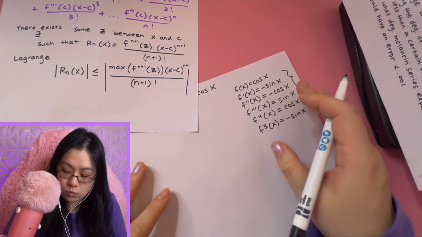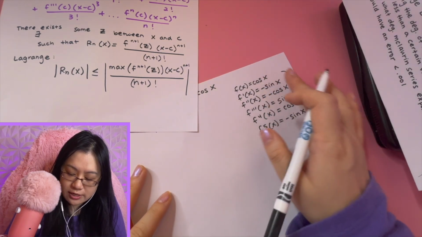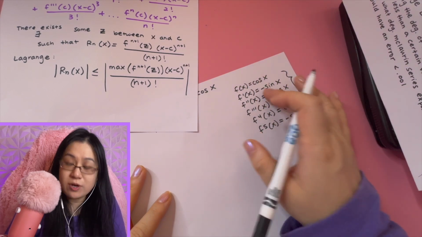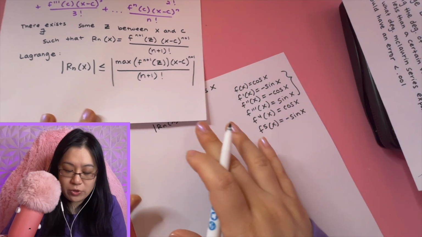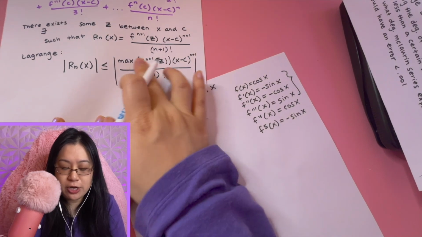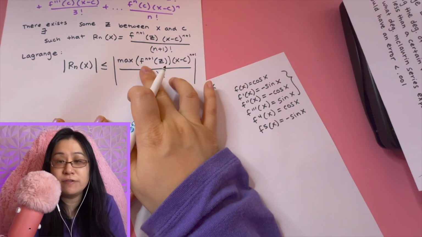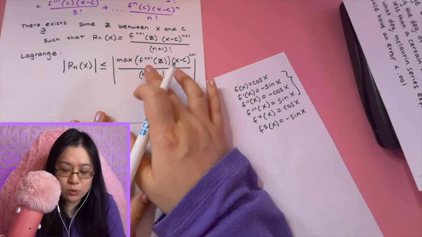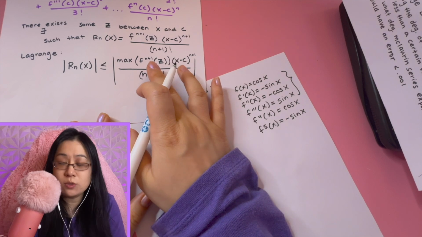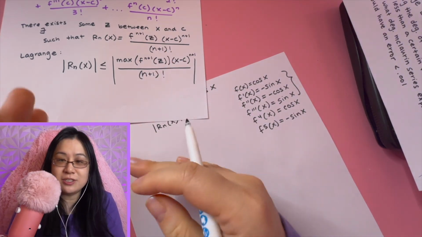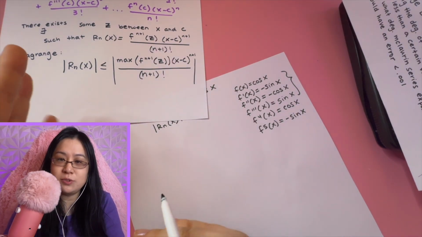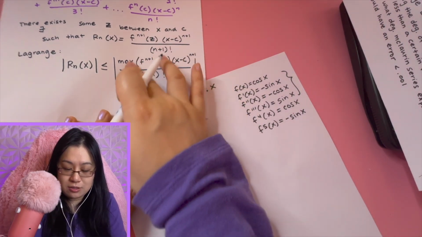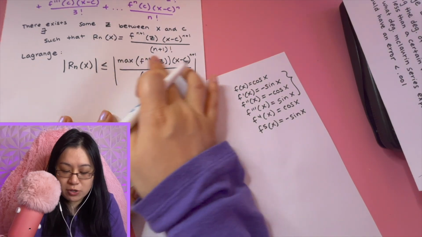But the point is that when you take the derivatives here, they're all sine and cosine, with positive 1 or negative 1 coefficients, which means that without doing any calculations here, you know that the maximum of the n plus 1 order derivative is always going to be 1. That's the cool thing about sine and cosine, is they're bounded. They oscillate between negative 1 and 1, and so they're bounded by this positive 1. So this max part,